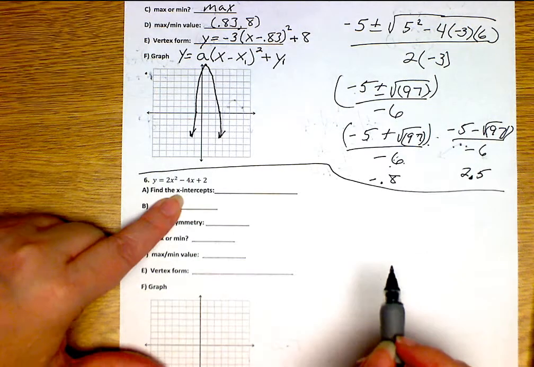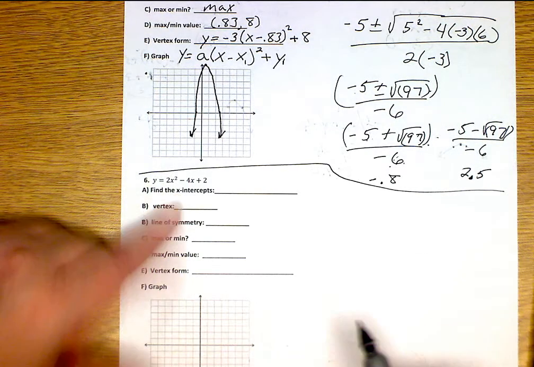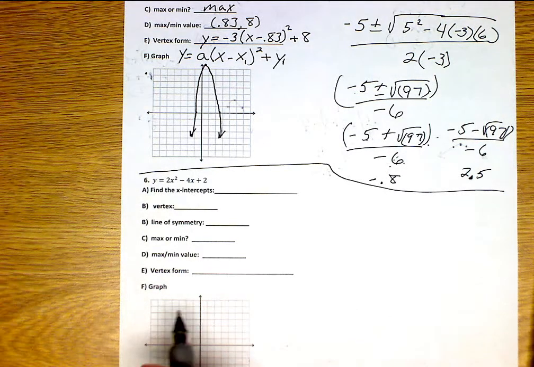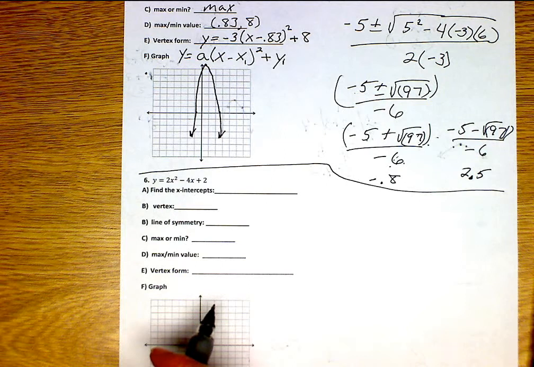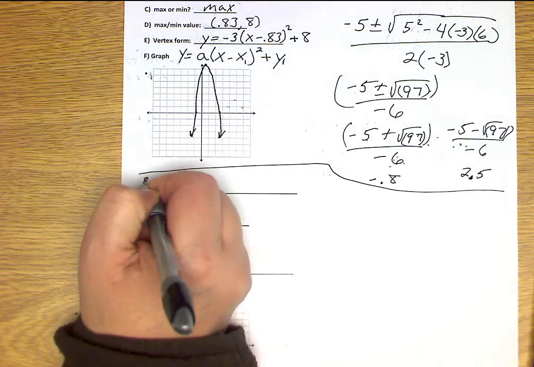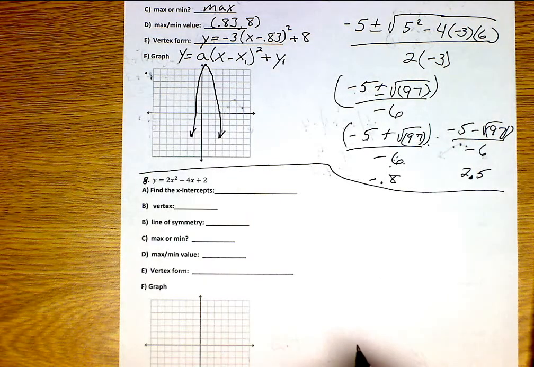X-intercepts. Wait. So I got 0 for 6. I got 0, like the thing under the radical. Now wait, which number? For number 8, the next one? It's actually 8 because I messed up on numbering. But we're going to do that. Well, I know, but like, is the. So,